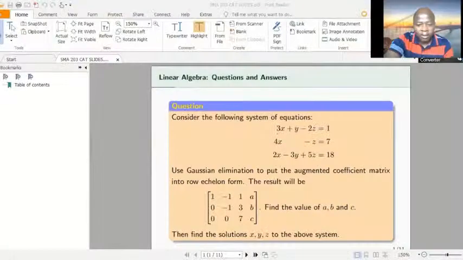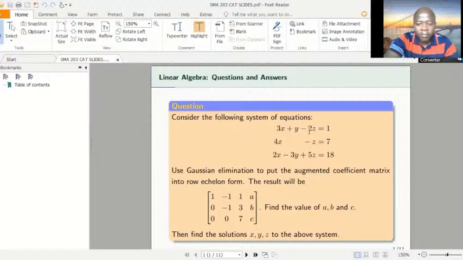Let us start with this first question. Now, this question says, consider the following system of equations. So the system of equations has been given to us: 3x plus y minus 2z is 7, 2x minus 3y plus 5z is 18. And then it proceeds and says that use Gaussian elimination to put the augmented coefficient matrix